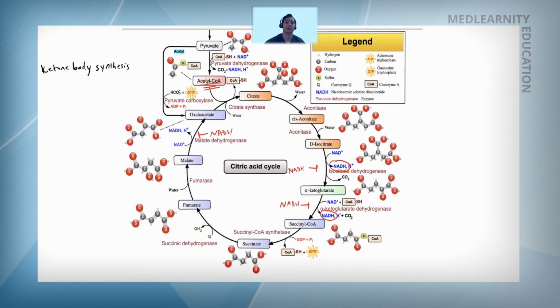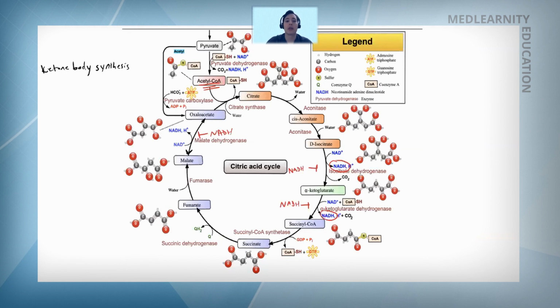I talked briefly about gluconeogenesis. Oxaloacetate can be converted into PEP, phosphoenolpyruvate, which is one of the steps of glycolysis, and it'll basically reverse the steps of glycolysis and go back to form glucose. But in the context of this patient where we have an elevated NADH level, since this step is being inhibited, actually we have an arrow going this way, but these are actually reversible reactions. So we can draw this double arrow. And when you have an elevated NADH, it's going to drive the reaction in this direction.